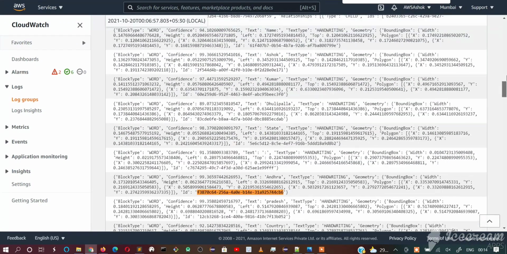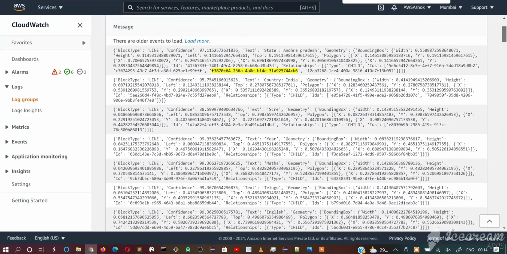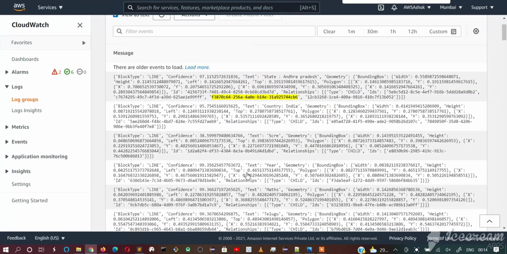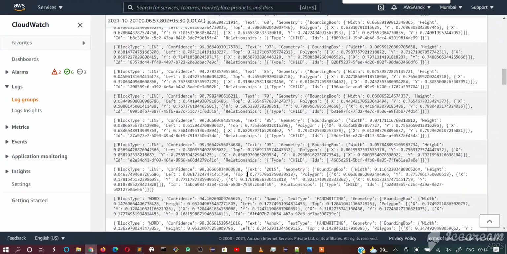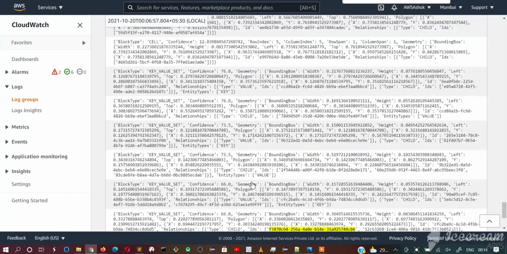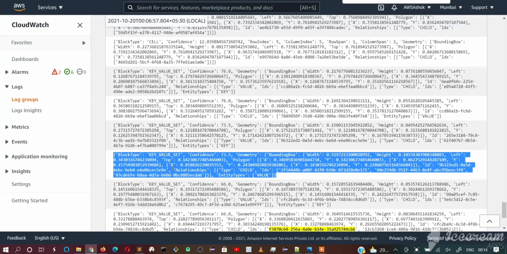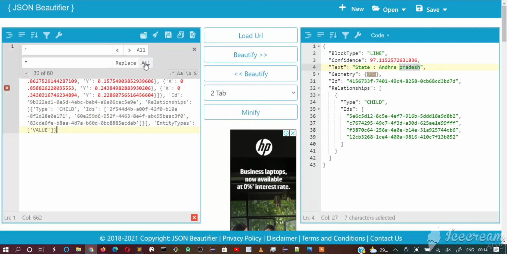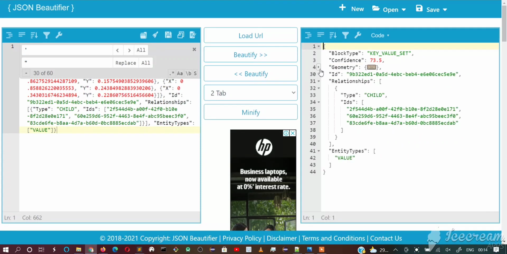So now let's take a key value set. Let's go to the end. Where is the key value set? Let's take this and paste it here, replace the single quote with double quotes, and let's beautify and minimize the geometry.